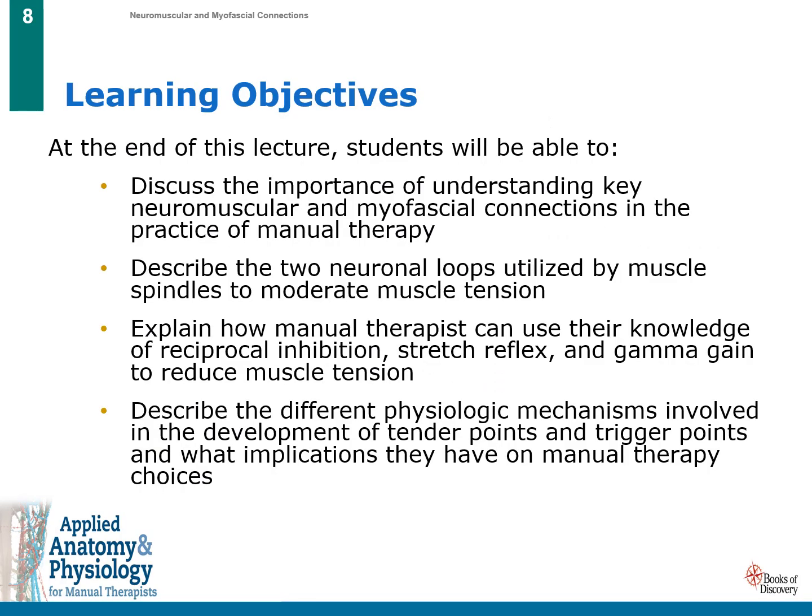The learning objectives for today's lecture are that at the end of today's lecture, students will be able to discuss the importance of understanding key neuromuscular and myofascial connections in the practice of manual therapy, describe the two neuronal loops utilized by muscle spindles to moderate muscle tension, explain how manual therapists can use their knowledge of reciprocal inhibition, stretch reflex, and gamma gain to reduce muscle tension, describe the different physiological mechanisms involved in the development of tender points and trigger points and what implications they have on manual therapy choices,